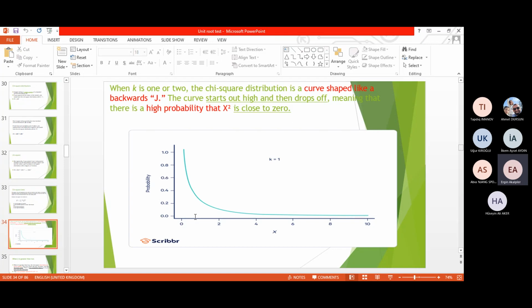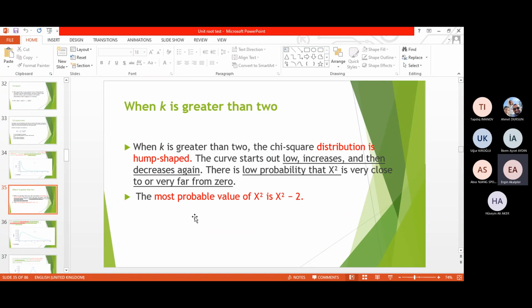The chi-square distribution is curve-shaped. As you are observing here, it looks like a backwards J. The curve starts out high and then drops off to a very low level, and that is the high probability where X square is close to 0. This is then k equal to 1, if k is approaching 1. And when k is greater than 2, the